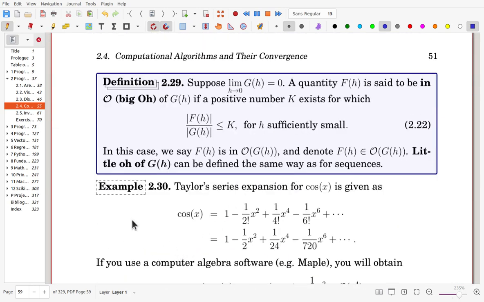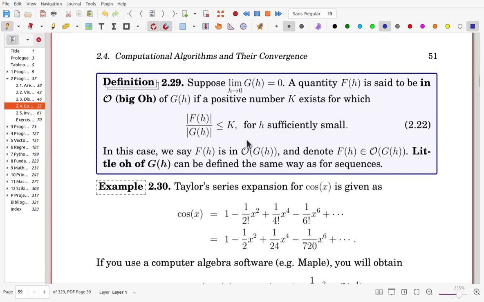Now we define the little o and big O for quantities converging to 0. Suppose g of h is converging to 0 as h approaches 0. A quantity f of h is said to be in big O of g of h if there is a positive number k such that